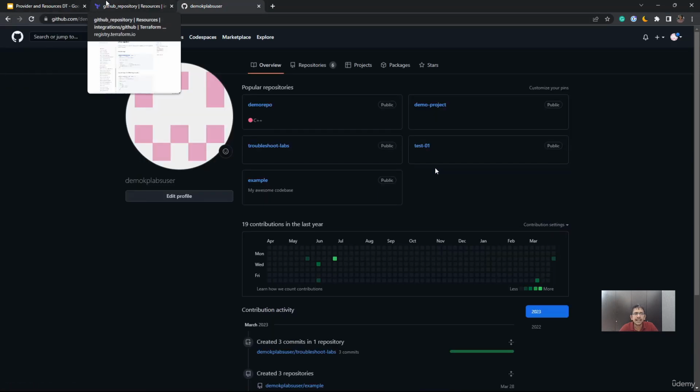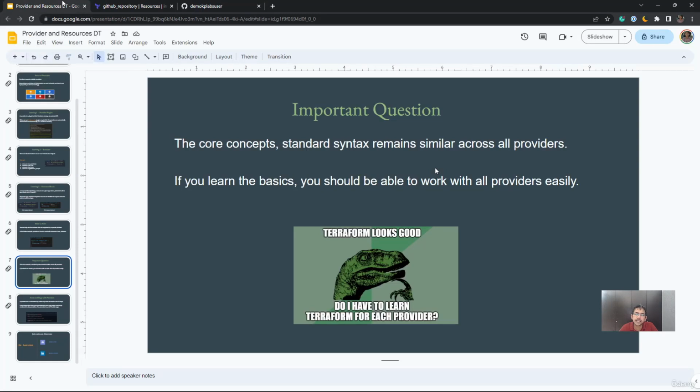For example, let's say you are responsible for creating Terraform code for the Azure provider. So you should know the practical workings of Azure, how to create a new virtual machine manually through the console. If your concepts related to the providers are understood, then you can easily write the Terraform code associated with it